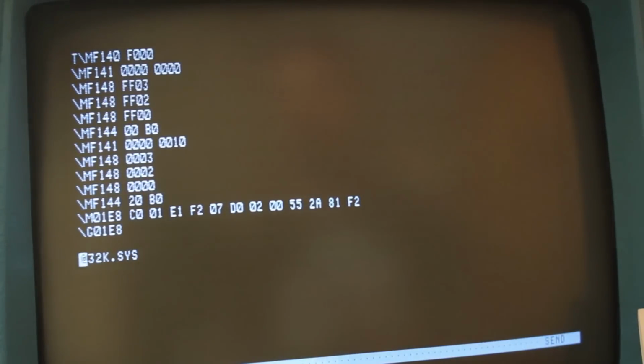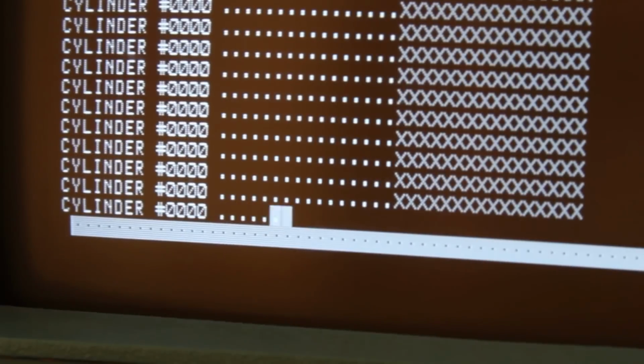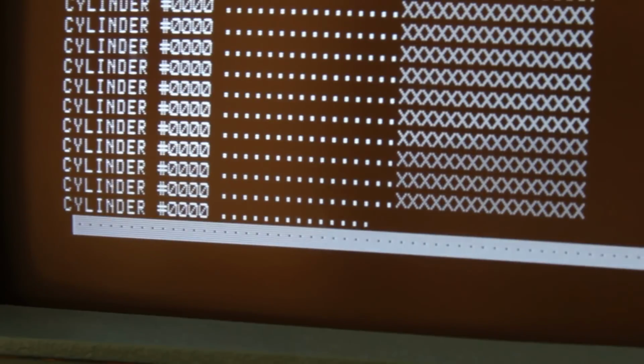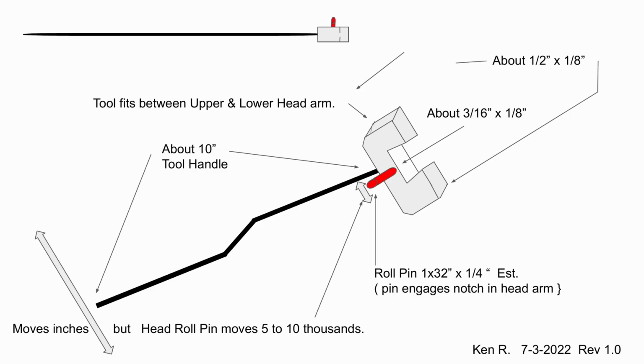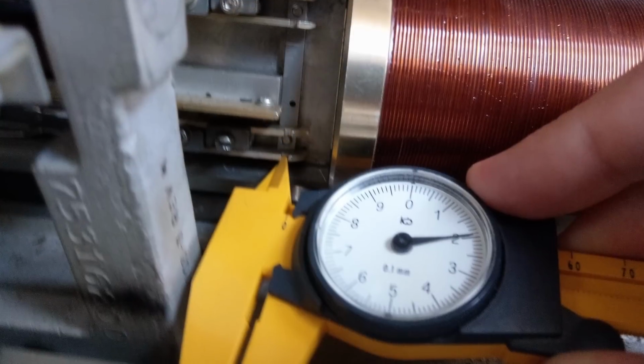But we have CCDP, and with Gavin's program, we can read the same cylinder over and over again, telling us if we got a successful read out of it or a bad read out of it. However, even with Gavin's program, we still need a tool to physically move the heads for the adjustment. And Ken actually remembers using a tool for this, so he drew up this diagram based on his memory of the tool, and I went out to the very dead Hawk that we have and took some measurements